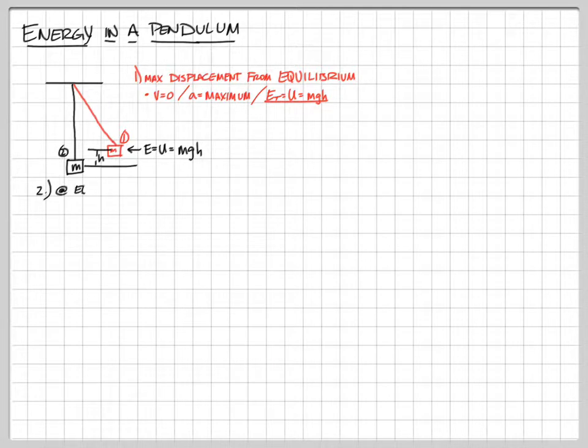At point 2 is equilibrium. Our forces are balanced at that point. And at equilibrium, we have a maximum velocity, 0 acceleration, and all of my energy is kinetic, or 1/2 mv squared. And I could figure out